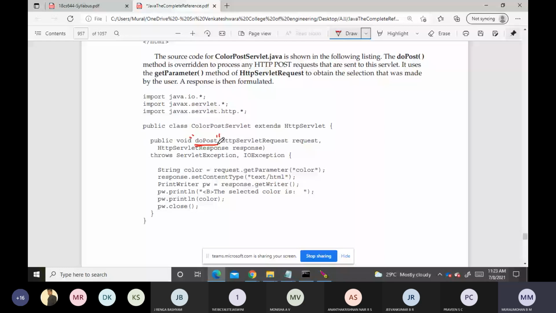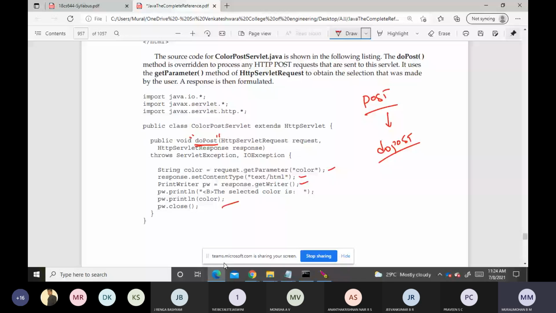Here it is using the HTTP post method, so we override the doPost method, which is inside the HttpServlet class. The remaining thing is the same. We get the parameters by the getParameter method, then set the MIME type, then write the response to the print stream and print it onto the screen.